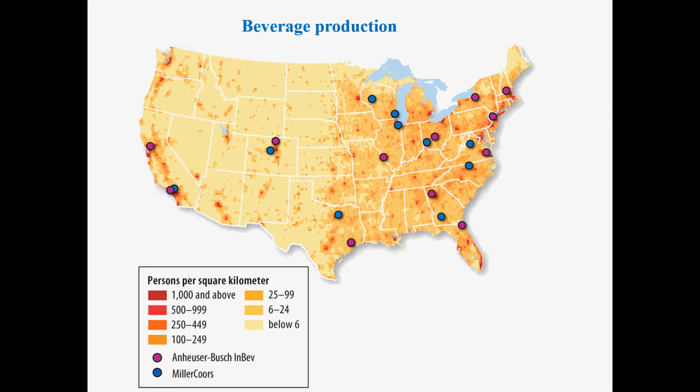Here we look at a map that shows beverage production. Beverage production could be soft drinks, and could also be beer. You can see that all these sites are located close to a big market. Look at Illinois, you see that this site is called Chicago, a big city, and that is where you have